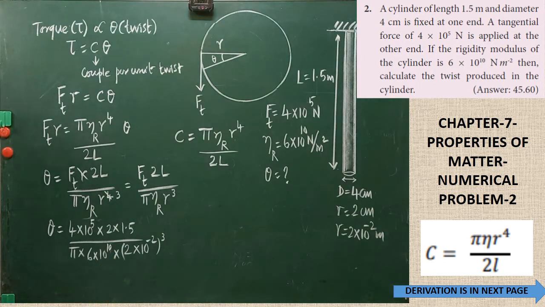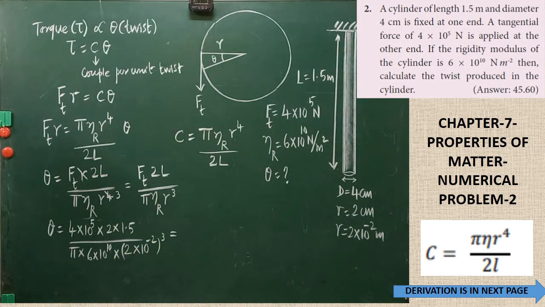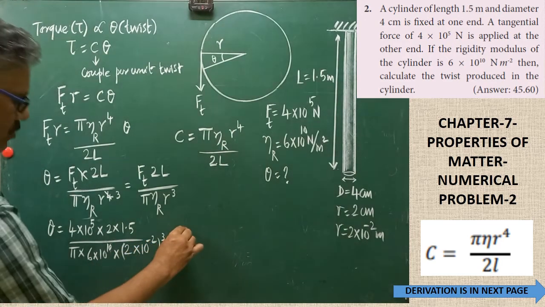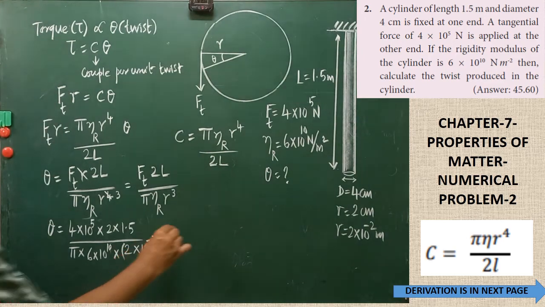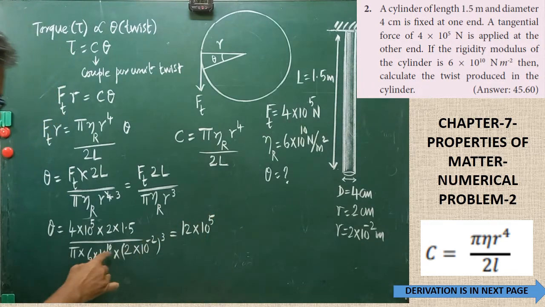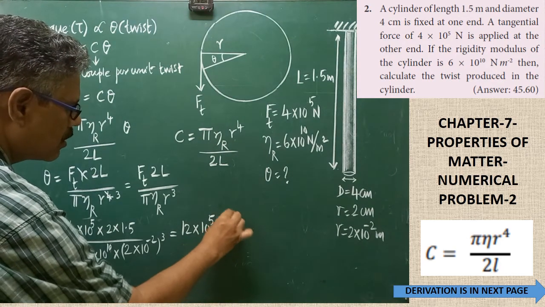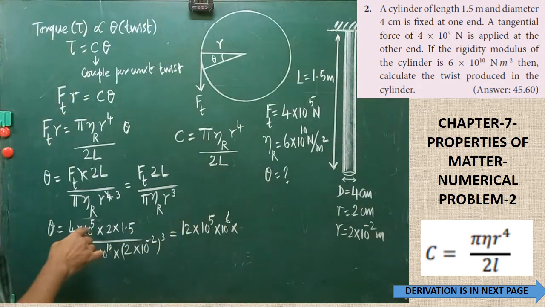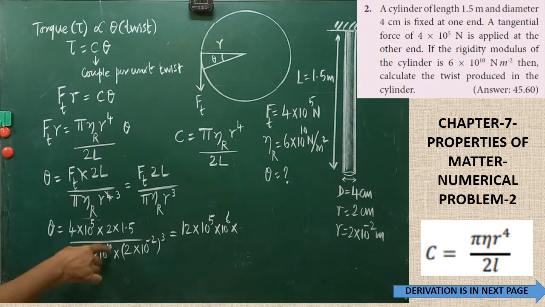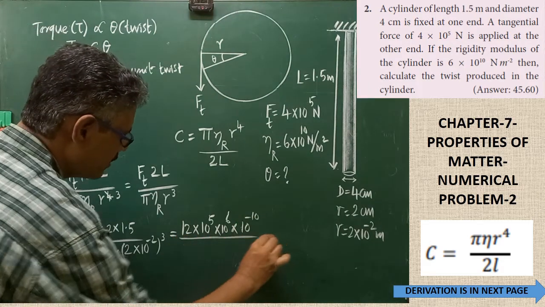Understood? So finally, after multiplication, you will get the answer as 12 into 10 to the power of 5, and then this one becomes 10 to the power of minus 6. If it is brought up, that one becomes 10 to the power of 6. This 10 to the power of 10, if it is brought up, that one becomes 10 to the power of minus 10, whole divided by